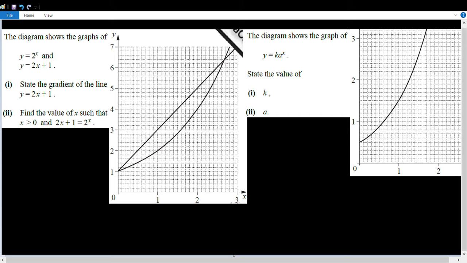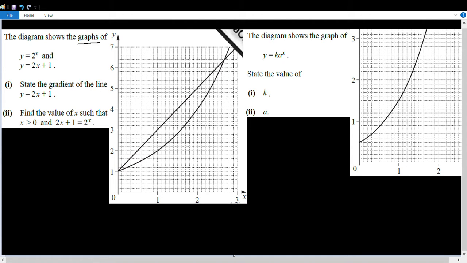So this is a question of graph of functions and graphical solutions. The topic is graph of functions and graphical solutions, and the question is that the diagram shows the graph of the equations